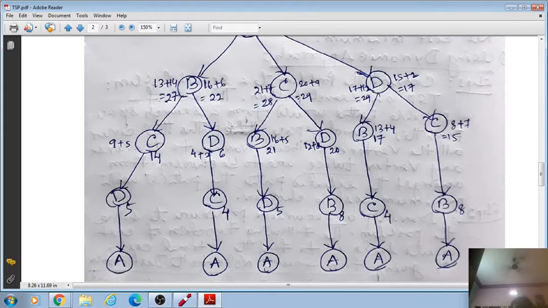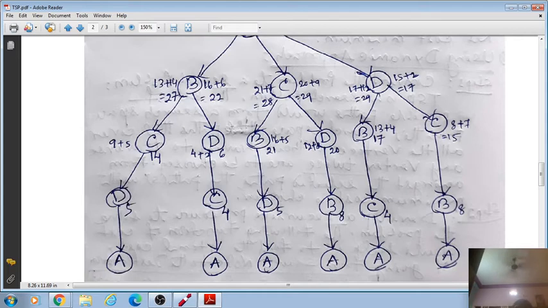But if it goes through B to D, D to C, D to A, it is 22. Obviously, among these, he will choose this path as per my graph. Similarly, if he goes for C, he chooses A to B is 5, then B to D is 16, this plus 5 is 21, and C to B is 21, this 7, this 21 plus 7 is 28. Similarly, this path will also be 29. Going through C, he will choose the left-hand side, this C B D A, not this path.